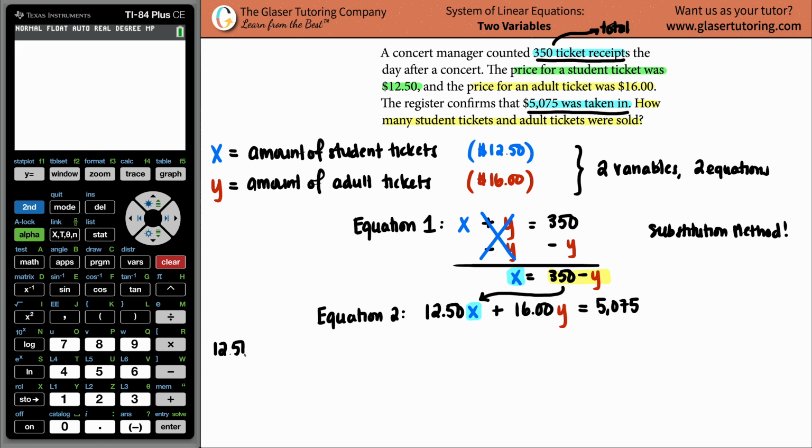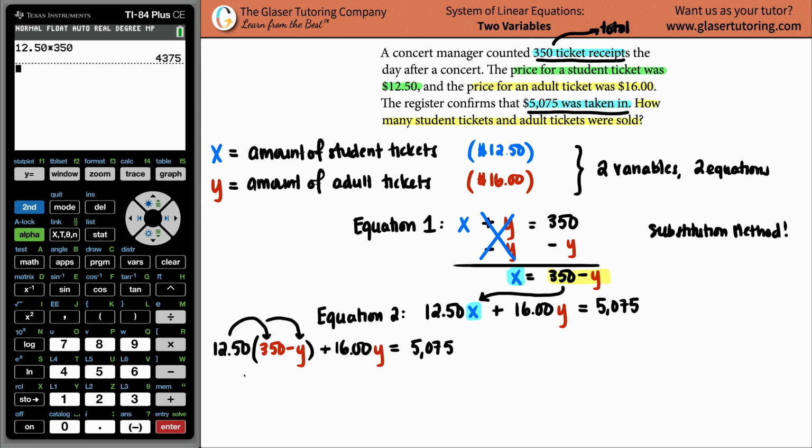So 1250 times, well, from the other equation, we know that x equals 350 minus y. And then just keep going with the same equation. So this would be plus 16 times y equals 5,075. Now we have an equation that just has y values, and we can solve. Now we just got to use our PEMDAS rule. So we just got to distribute. So 1250 times 350. So that's 4,375 buckaroos minus 1250 times y